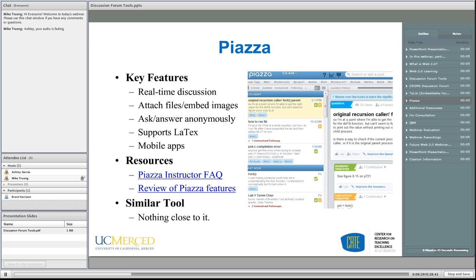And then finally, the third tool that I'll be demoing is called Piazza. Piazza is a fairly new tool, but it is a really robust tool for real-time discussion, and students and instructors are able to communicate and learn from each other. But more so, it's really meant for